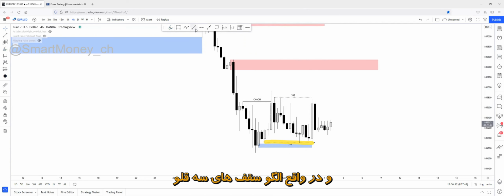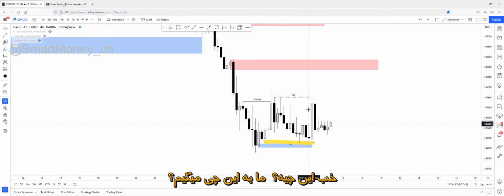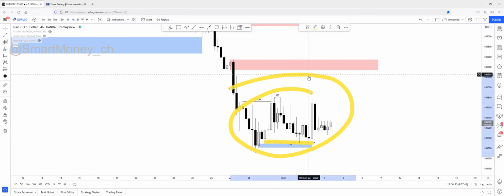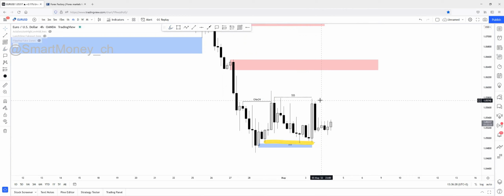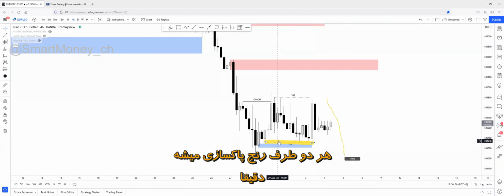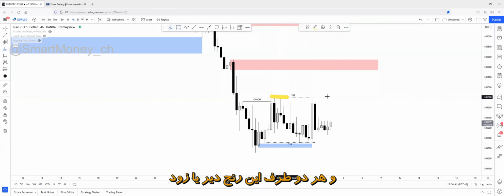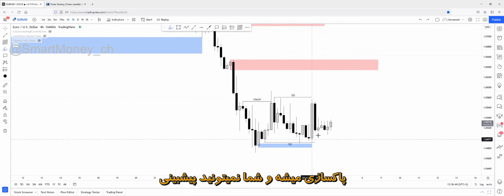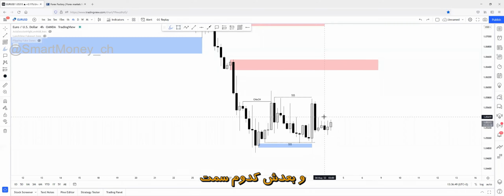Basically, a triple top has been created on the top. First tap, second tap, third tap. What do we call this? Range. Exactly. What do we know about ranges? Sooner or later, both sides are swept. There's a range on the 4-hour chart, and it will be swept sooner or later on both sides. You can't really predict which side will be swept first and which second.